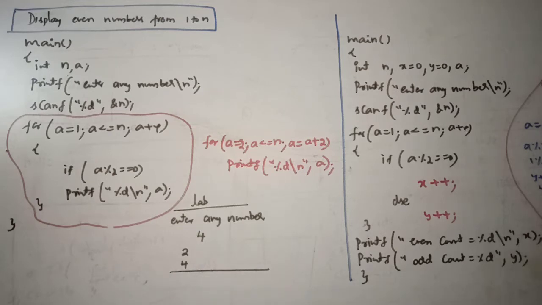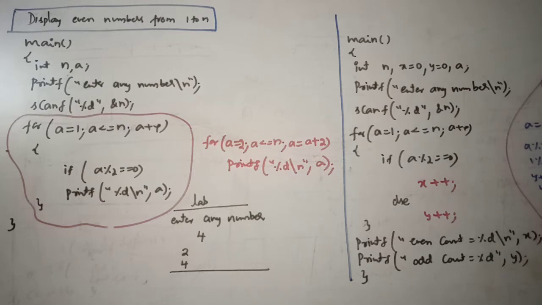So we are checking each and every number, we are checking for even or odd. Look at the if condition. If a mod 2 equal to 0, look at double equal to. printf %d and a. This is a simple if notation. If the condition is true, the statement will be executed. Otherwise, nothing. So when a is 1, is 1 mod 2 equal to 0? No.